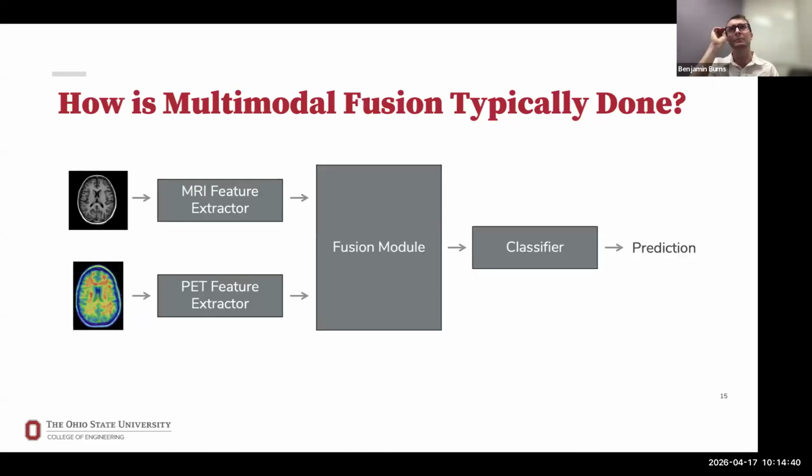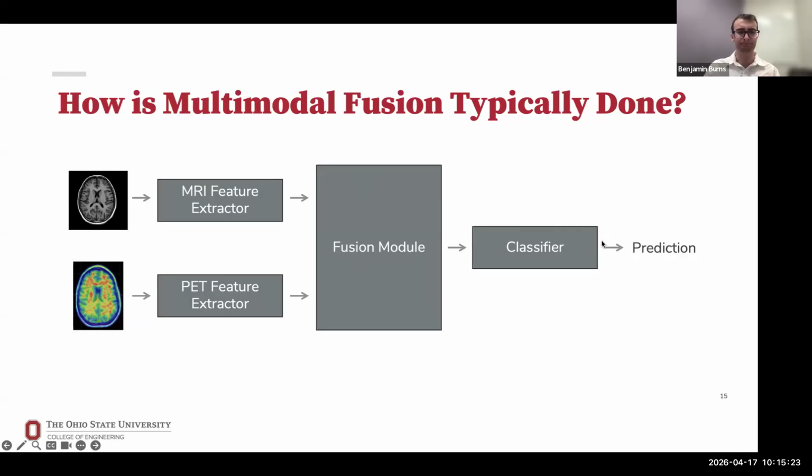And to understand why missing modalities pose such an interesting issue for multimodal systems, we have to look at how multimodal fusion is typically done. This is a very basic generic example where we have our raw image input modalities, and we learn with deep neural networks feature extractors to extract dense representations from these raw images. And the representations that are extracted from these images are then fed into a fusion module, which learns how to combine these two representations into a single unified patient level representation that we can use with a classifier to